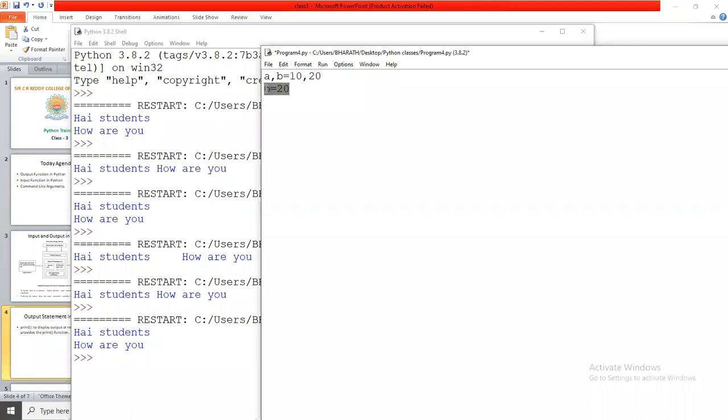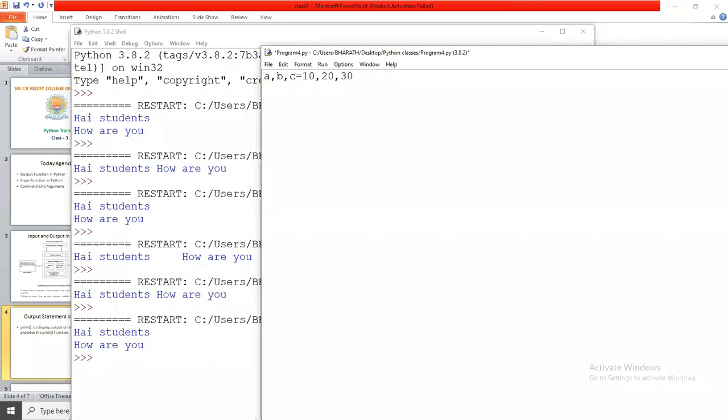This is legal. In C we assign the values like a equals 10, b equals 20. In Python, you can assign like this: a comma b comma c equals 10 comma 20 comma 30.